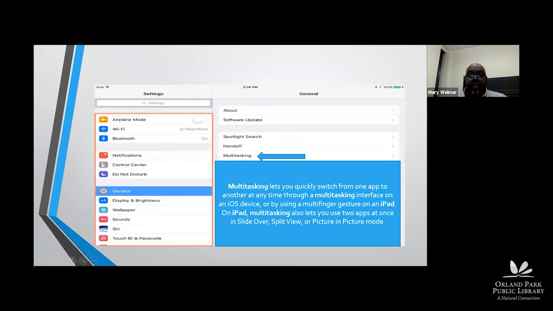All right, multitasking lets you quickly switch from one app to another app at any time. Multitasking is really simple. Say I'm watching a YouTube channel and they say something that was interesting and I want to do some research. All I have to do is swipe up, which will continuously hold that task for me